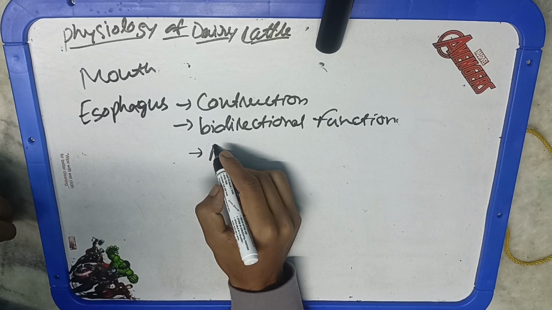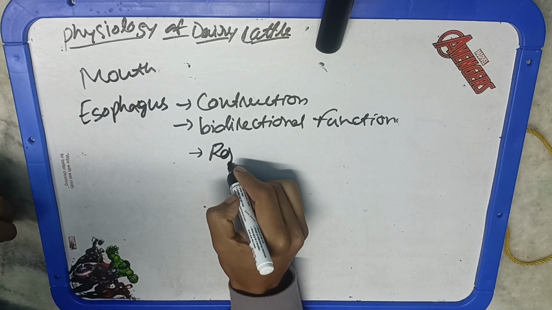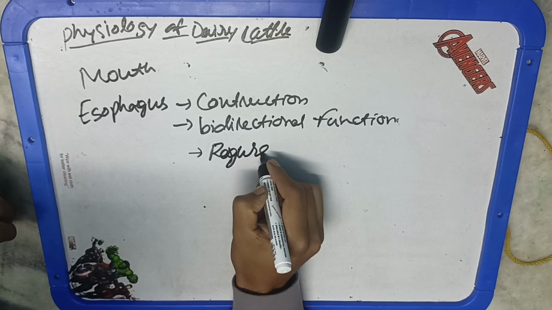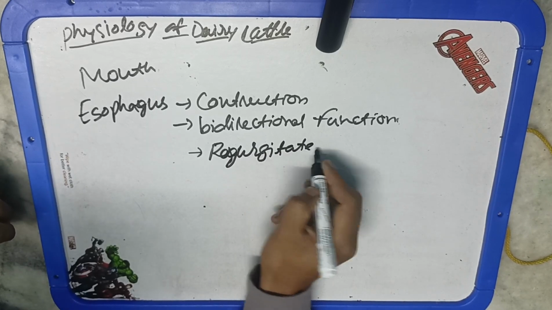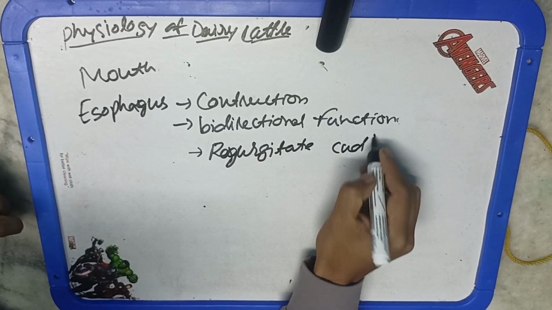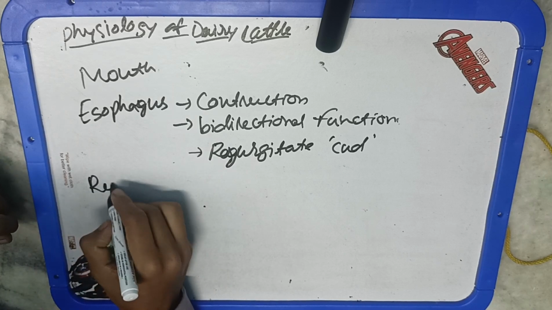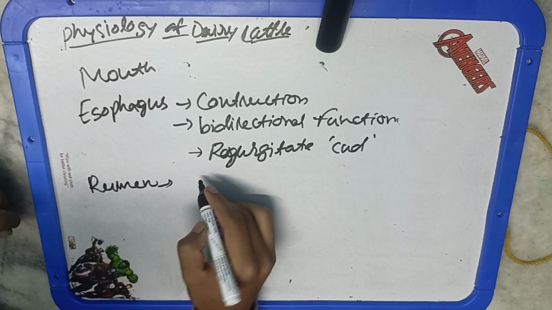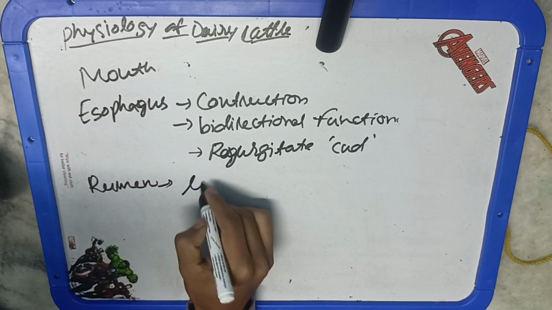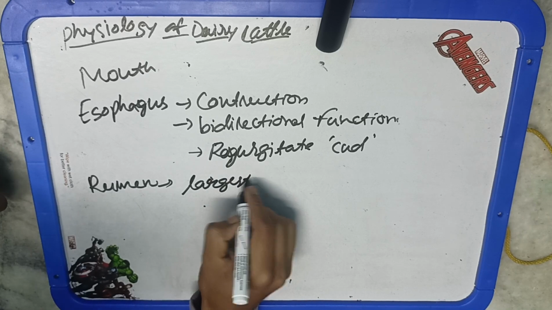So now, the very first compartment of the stomach is the rumen. It is located on the left side of the animal. It is the largest stomach component. Okay, this you need to remember. Largest stomach component, capable of holding 25 gallons or more of material. So just imagine, you can compare it with your own tummy.